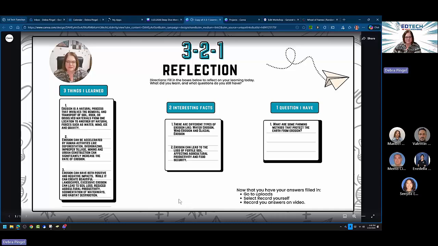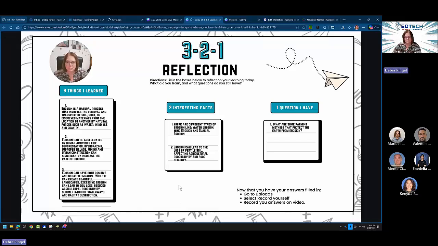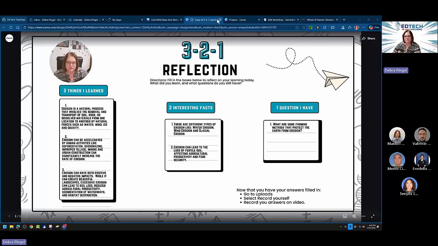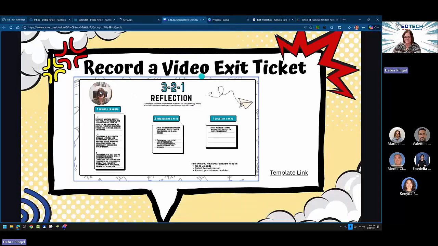Hi there. Three things I learned about erosion. Erosion is a natural process that involves the removal and transport of soil, rock, or dissolved materials from one location to another by natural forces such as water, wind, ice, and gravity. The second thing I learned is that,